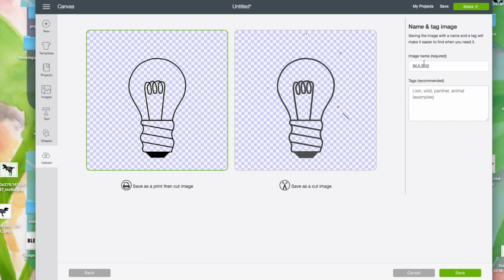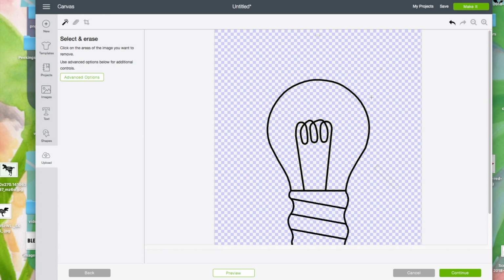If you just need to erase little things, then you click continue, and you want to save it as a cut image. You can also see that it left some stuff behind, so you just go back and erase out where or around about where you saw it. You can click preview and it'll show it to you, but it clicks back out once you go on the image, so you just click back on preview again to see whether you got everything, and then you click